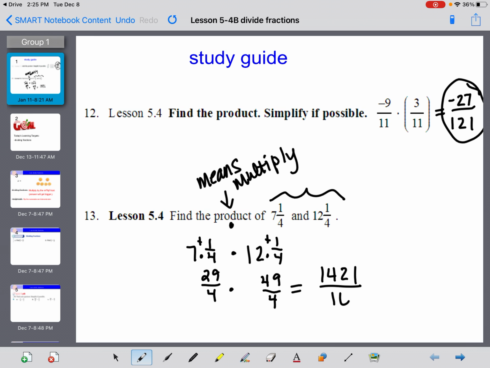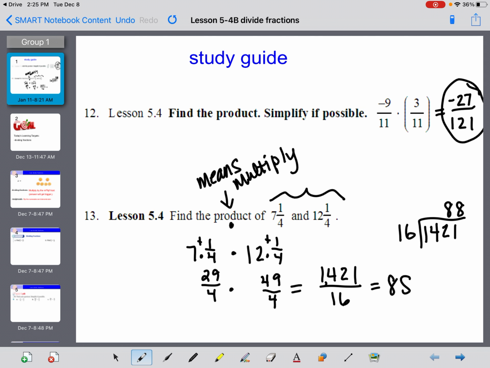And you get 1421, and 4 times 4 is 16. Don't accidentally put a 4 in that denominator. That's adding fractions. So don't get confused. So 1421 over 16, but that's very improper, isn't it? So when I divide that out, this is one of those you're going to have to do a division problem for. And it goes in 8 times